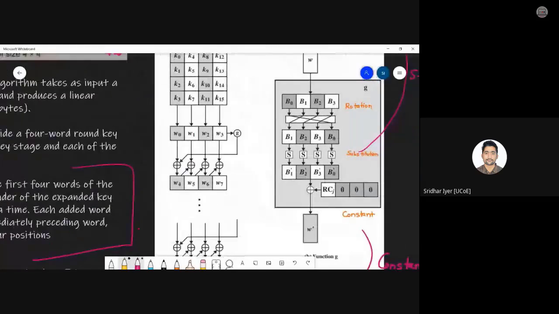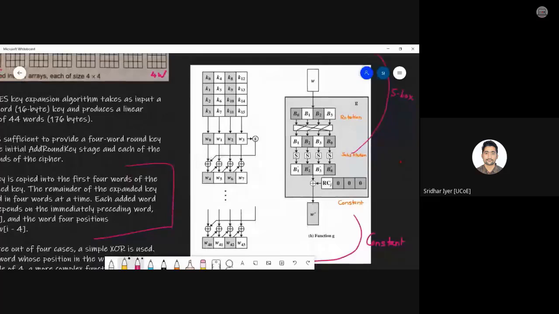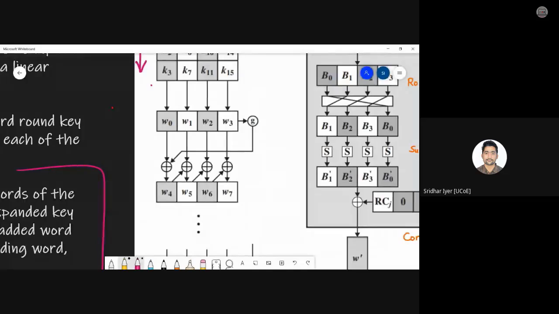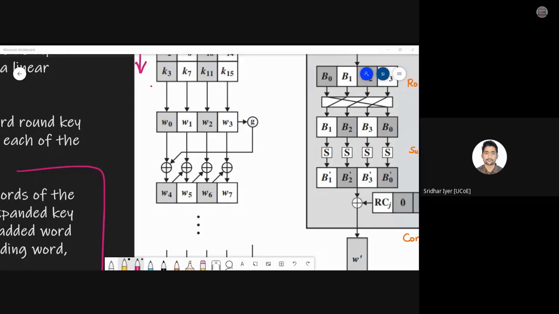This is the diagram that I'm talking about. Just have a look. All the 4 initial words are copied over here. K0, K1, K2, K3 will become W0. K4, K5, K6, K7 will become W1 and so on. It is read like this. Fine. So now we have initial values of W0, W1, W2, W3. So what we will do is see these diagrams. W4 is nothing but W0, which is one of the inputs. The second input is nothing but